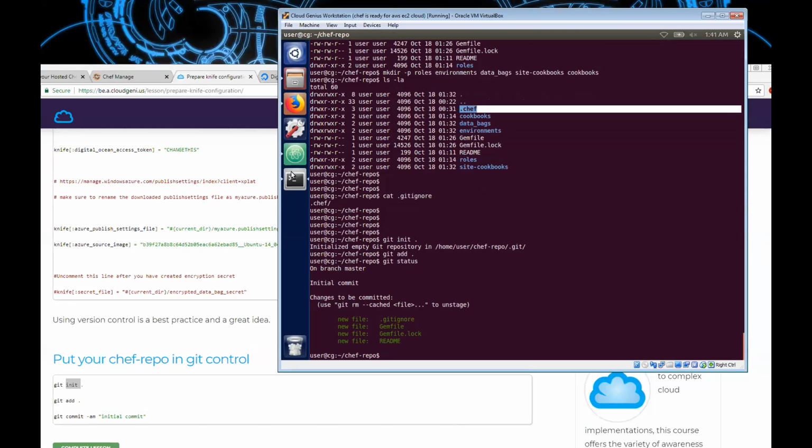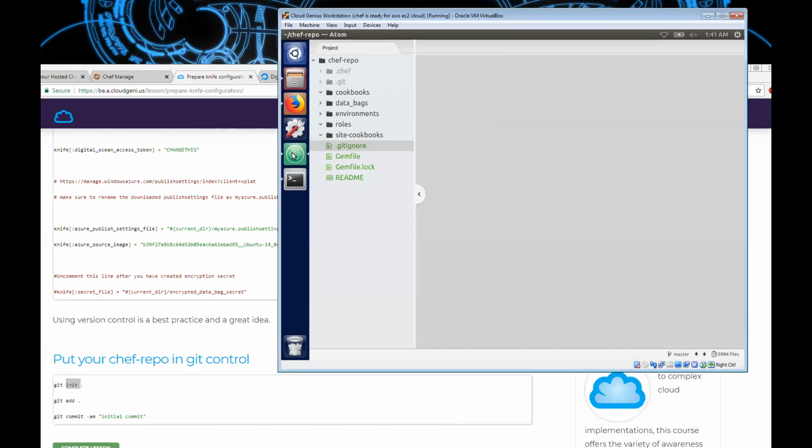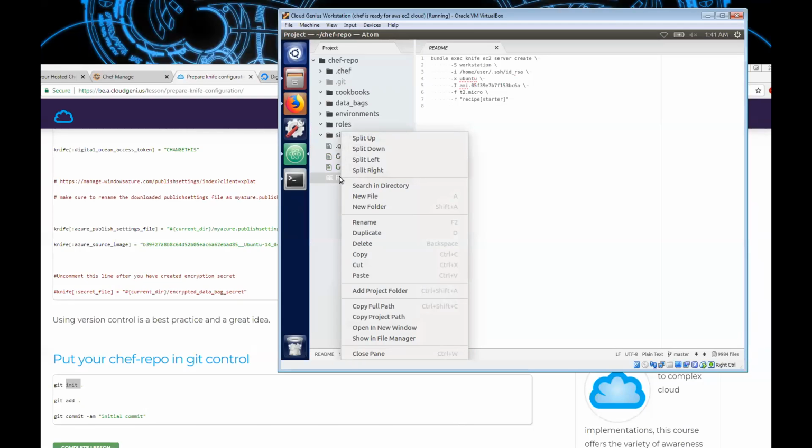You see, it says the files to be committed are new files called .gitignore, which is the file containing instructions for Git to ignore certain things. There is a Gemfile, a new file. There's a lock file and a readme file. The readme file is also not necessary. It's something like our scratch pad, right? So we can maybe rename it as